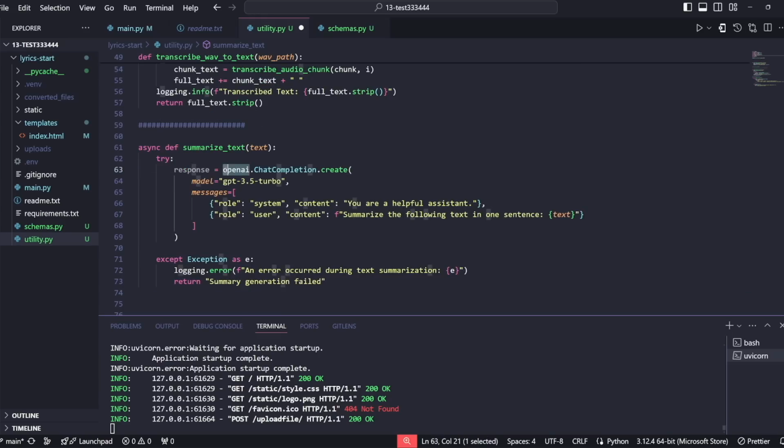So we are communicating with OpenAI's API. The model is ChatGPT 3.5 Turbo, and the prompt is just asking OpenAI's API to do an assistant return of summarizing the following text in 1 sentence. And we are passing the variable of text, which, if you remember, in the parameter of this function is our